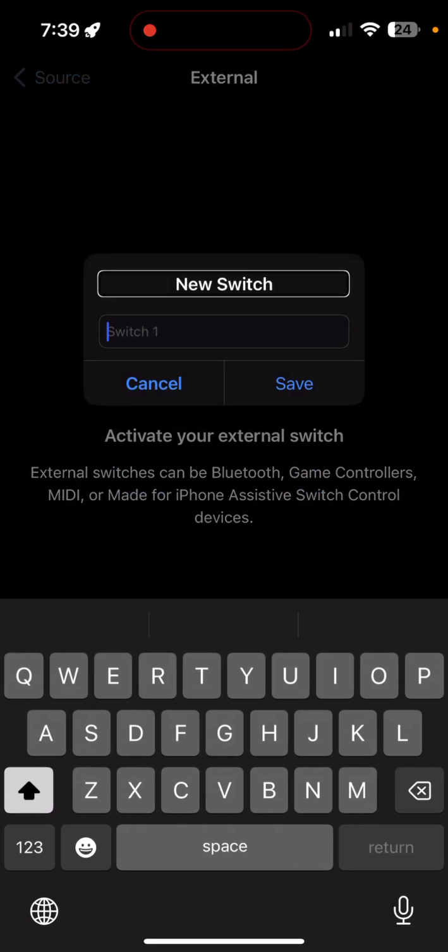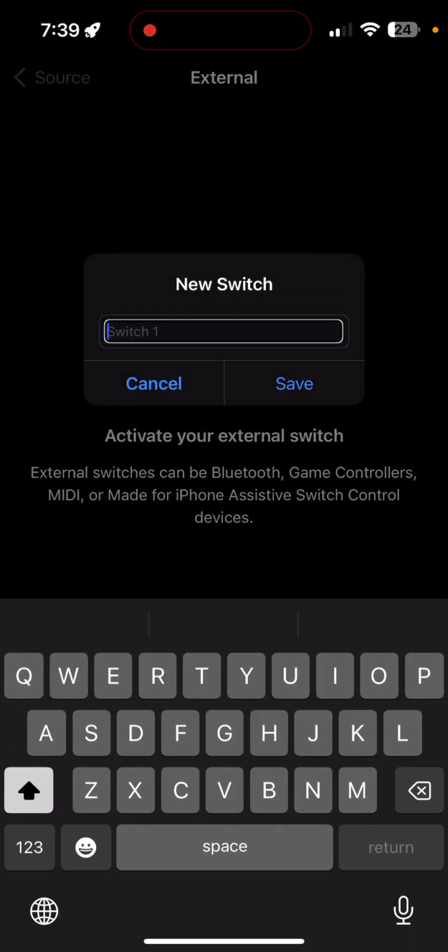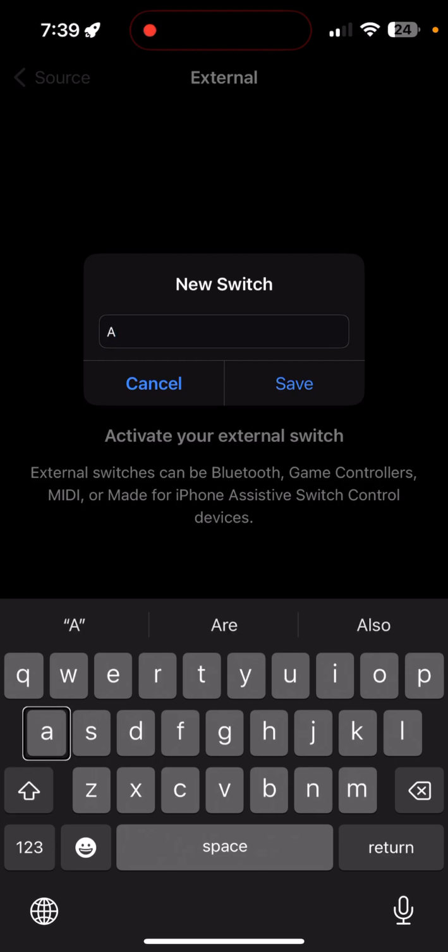Alert. New switch. Text field is editing. Switch on. Character mode. Insertion point at start. Cap A. Alpha. So that's Cap A. So we're going to name our switch by buttons